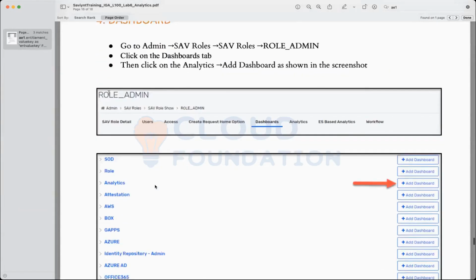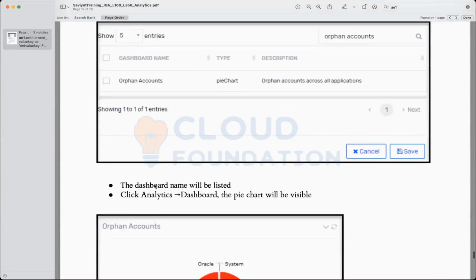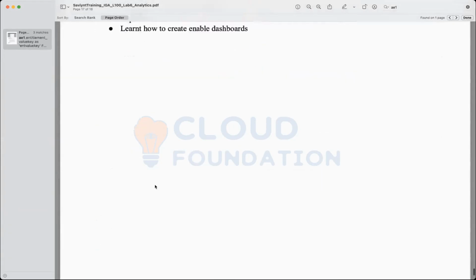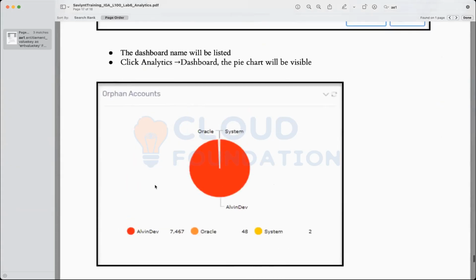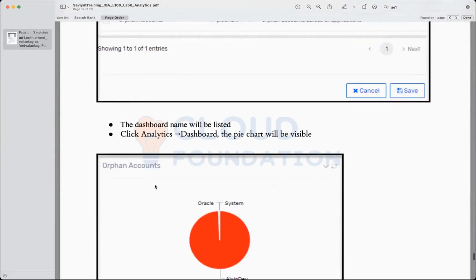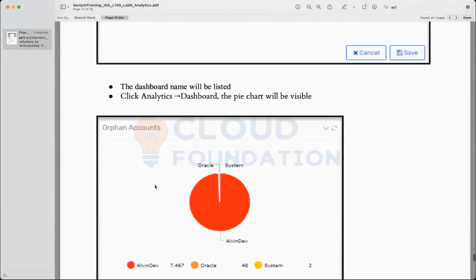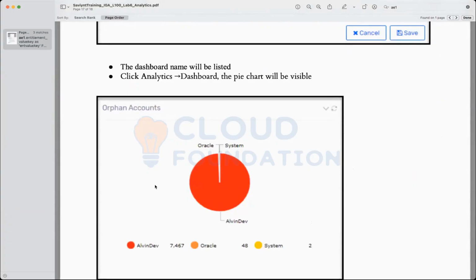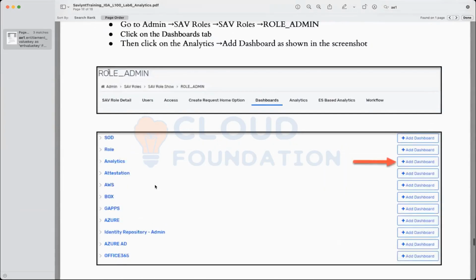Now, another point is that if you want to create analytics or dashboarding, let's leave it. It's not at all important. I'll just tell you about the feature, but there are very few people who actually use it. In case I have generated a report, but rather than seeing the data, I want to see it in a graphical manner as a dashboard, it allows you to do that as well.